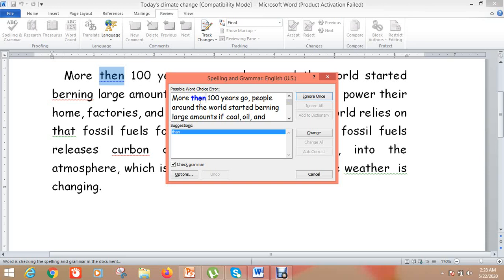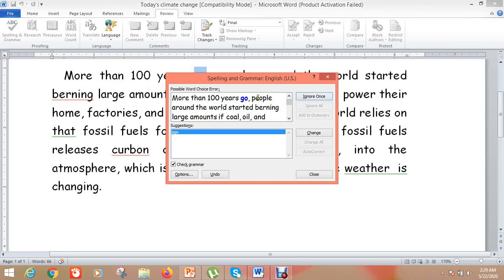Then the suggestion means it has suggested the correct word instead of the wrong word. So if you want to change that error with the correct word, go to Change. Now see, it has changed that error with the correct one.